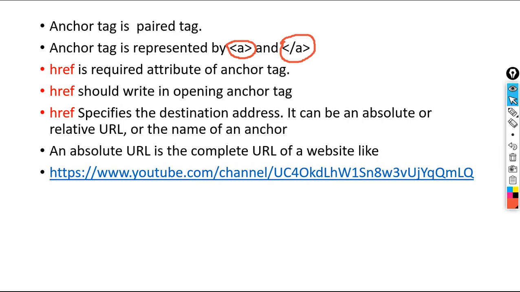For example, this is the link of our YouTube channel, the Coding Boat. This is the complete link of our YouTube channel. Just observe here: this is the protocol, HTTPS colon, then we have two forward slashes, then World Wide Web, then the channel, then we have the extension, then we have the complete link. Understood? Now let's move on.